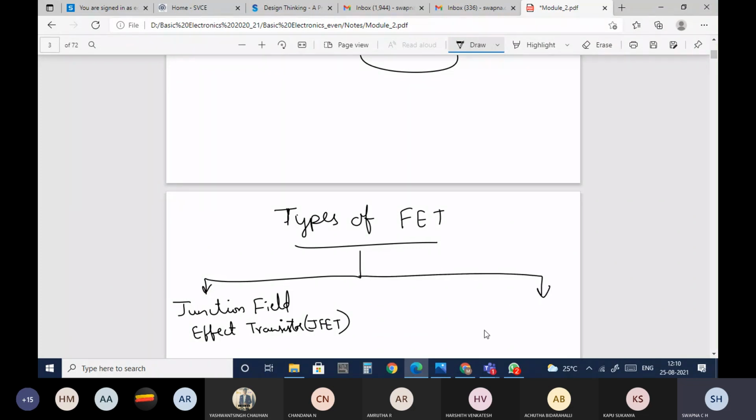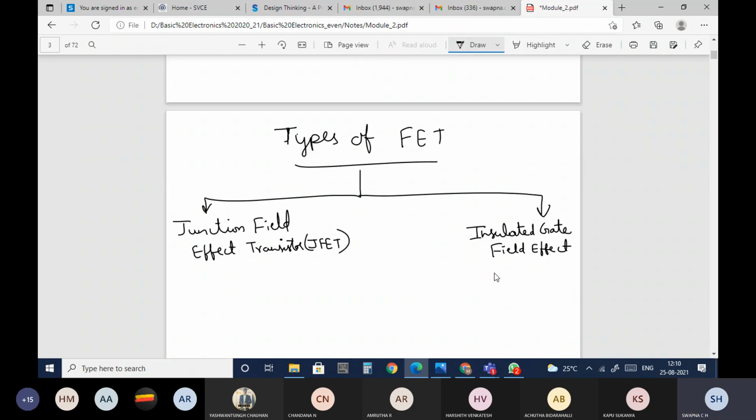The other one is the insulated gate field effect transistor, in short IGFET, which is also said to be the MOSFET.